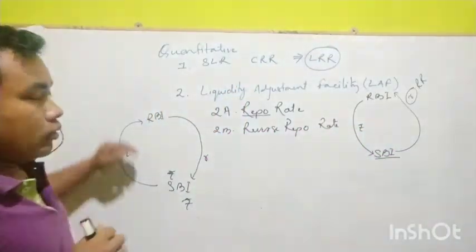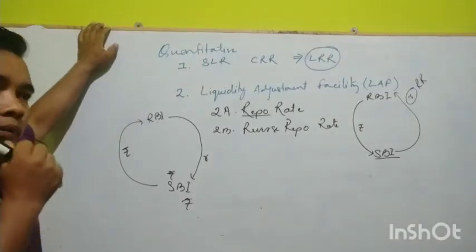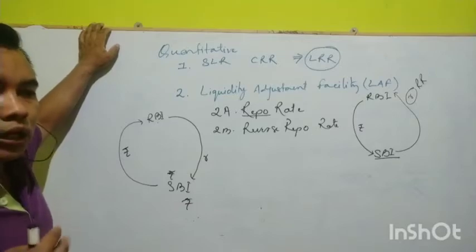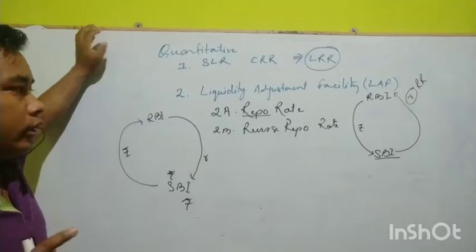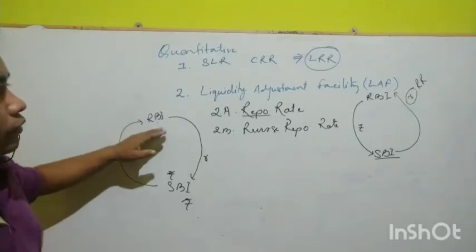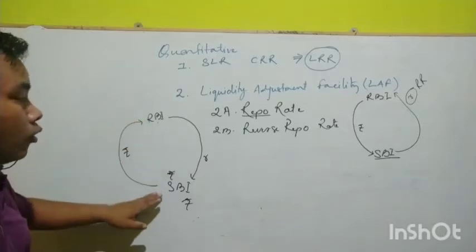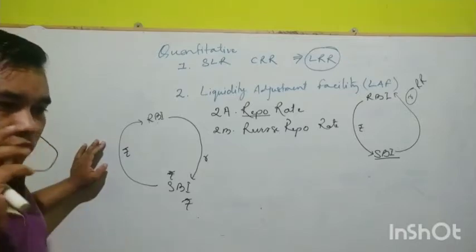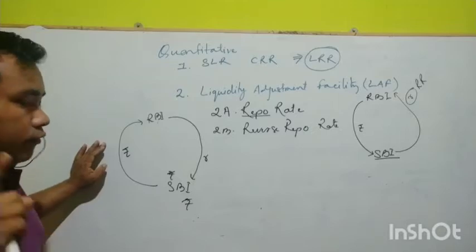In some reference books, it is explained in a way that is actually wrong. Yes, for our understanding it may be good, but in reality that is wrong. They used to say, what do you mean by reverse repo rate? It is the rate of interest at which RBI borrows money. In some reference books, that is wrong. Don't forget that RBI does not borrow money from SBI.